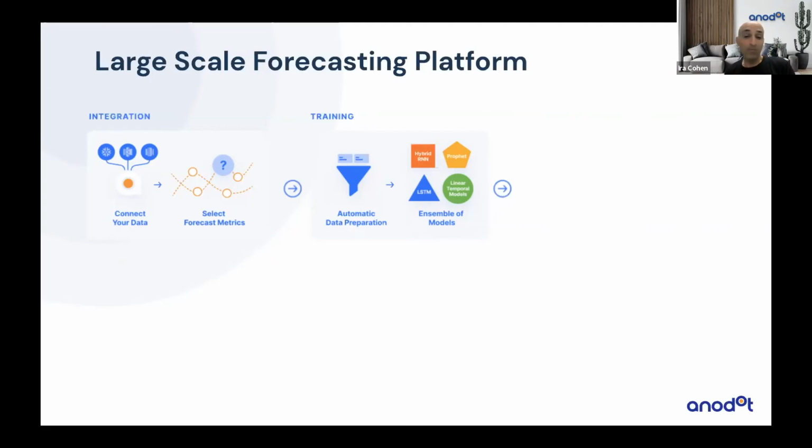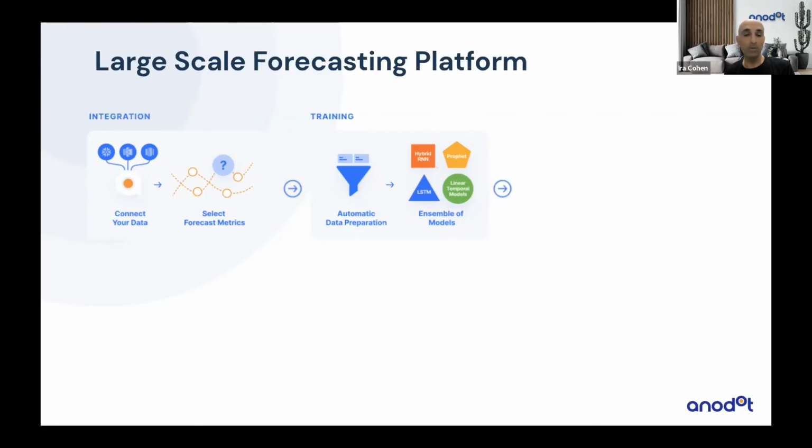And the type of models that we use are all time series based models, because what is the cost of a cloud? It's basically things you measure over time. So you have to look at it over time. And the types of algorithms running there are neural networks like LSTMs, recurrent neural networks, open source models like Prophet, linear temporal models,